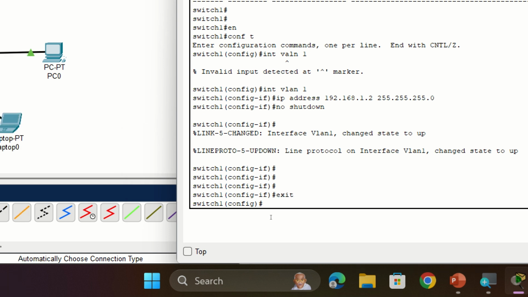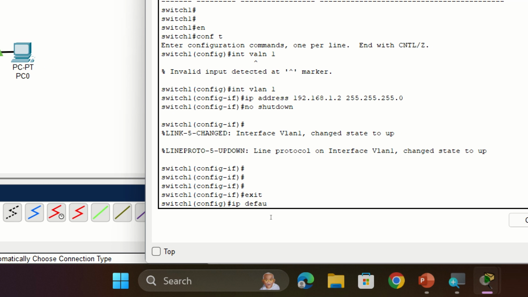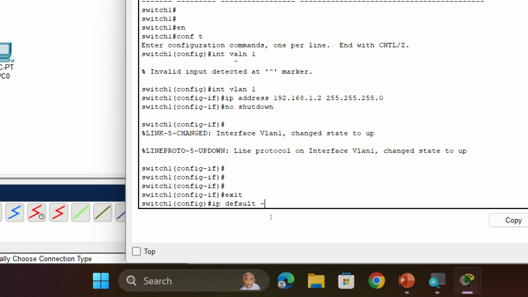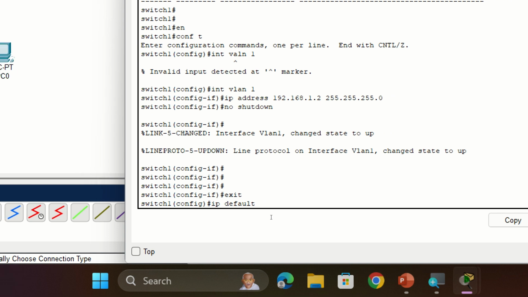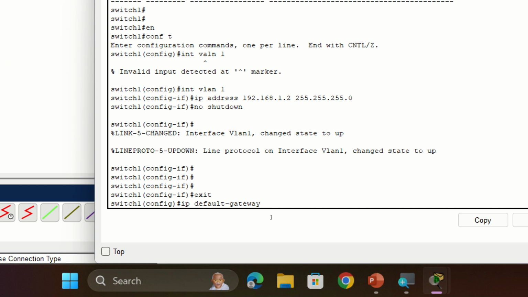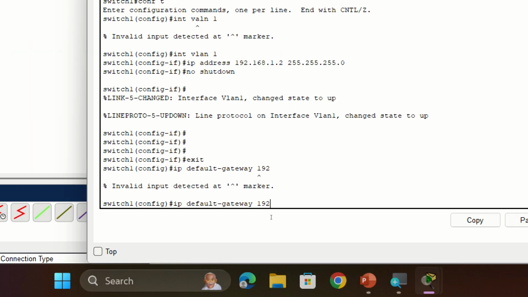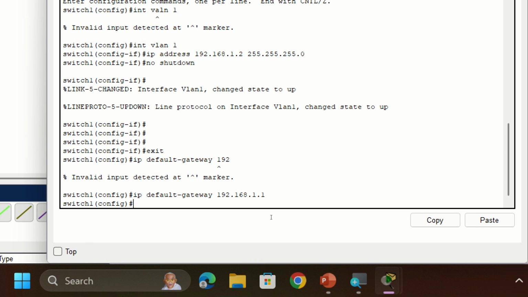Next is the default gateway, how we set up the router on the switch. Here we need to enter ip default-gateway, and here we need to enter our router address, 192.168.1.1.